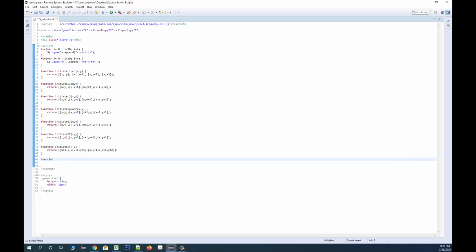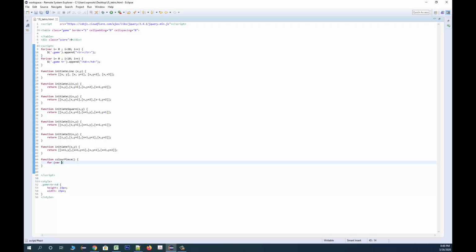So we'll go function color piece, and for each element of the piece we want to